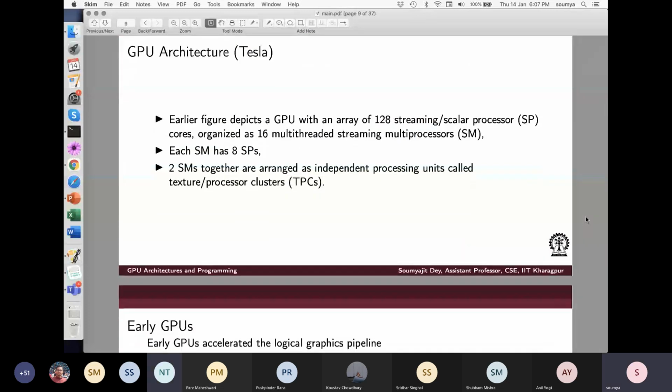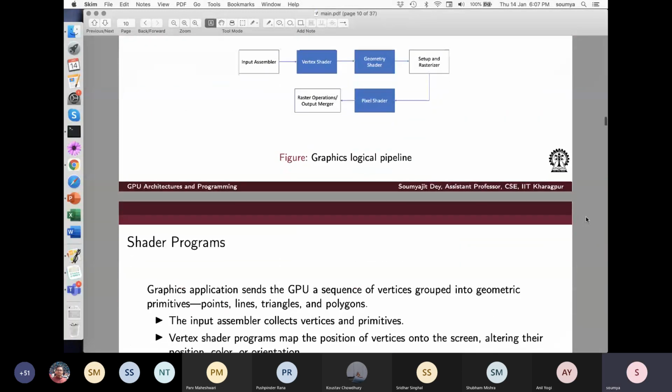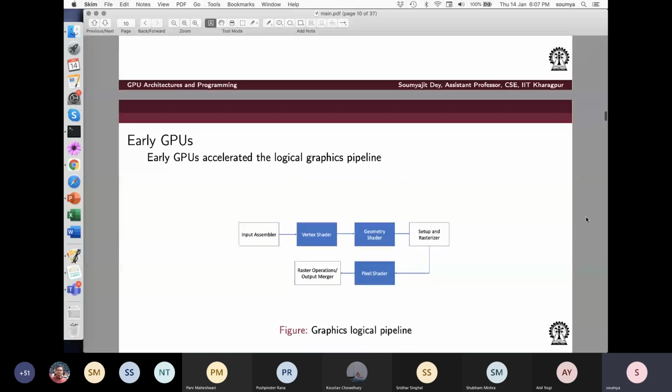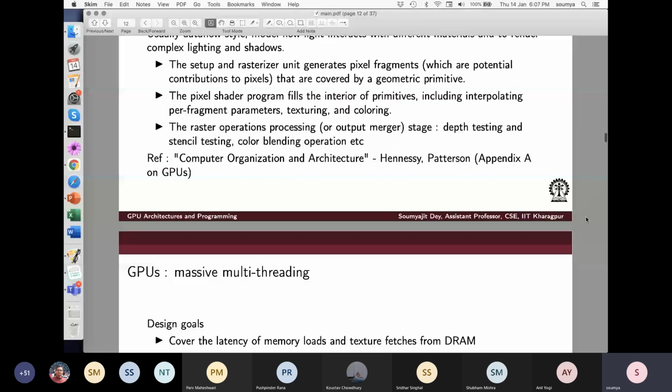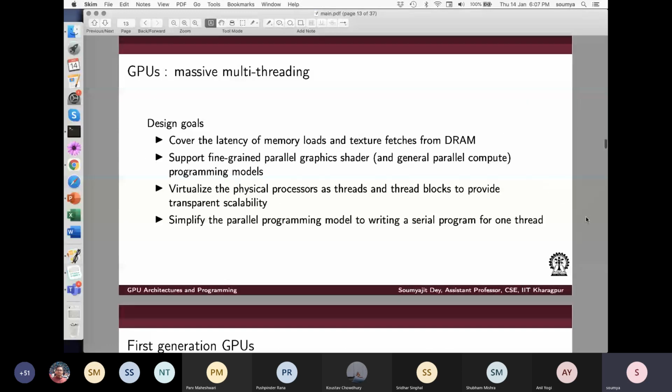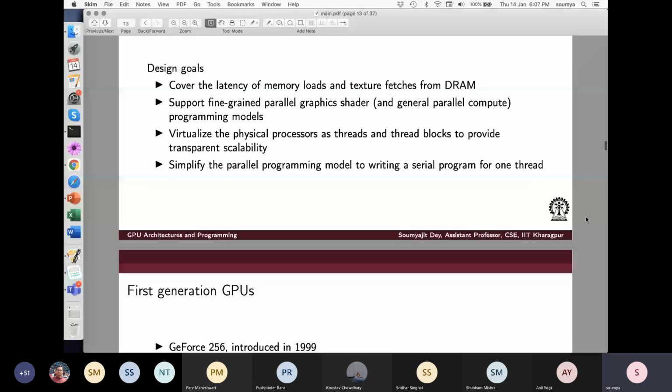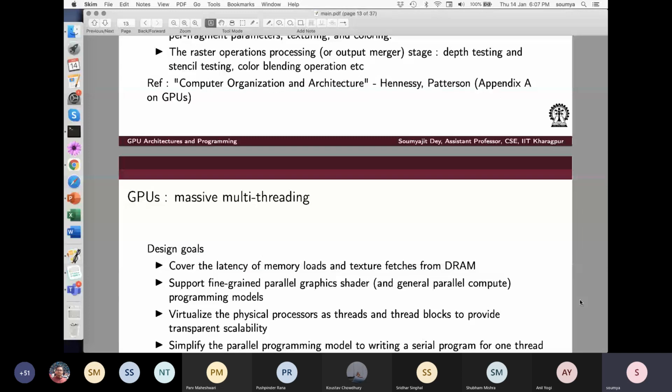So what we have given is a very high level view of the GPU architecture, and what the contents are there. One thing I will be clear about: we have given some information on how the older GPUs used to be, pixel shaders and all that, but that is just for information. We will not have questions on that part, but rather we will be focusing more on the compute GPUs. Yes, please. Somebody had a question, it seems.